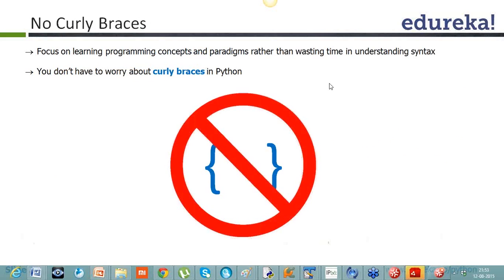So I've already explained and shown you some examples. It focuses on learning programming concepts and paradigms rather than wasting time in understanding syntax. So not only curly braces, you find it so much easier with loops. You find it so much easier with classes and objects. You find easiness in file handling. You find text processing. Python is great for text processing, and statistics is something that was integrated with it,